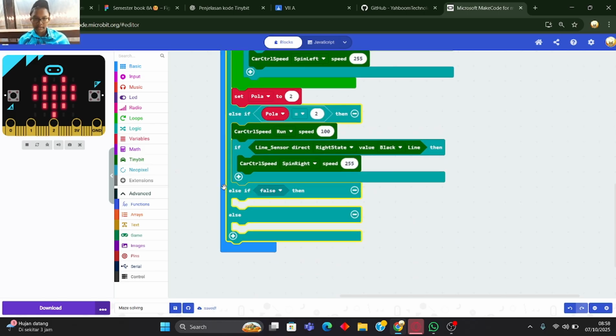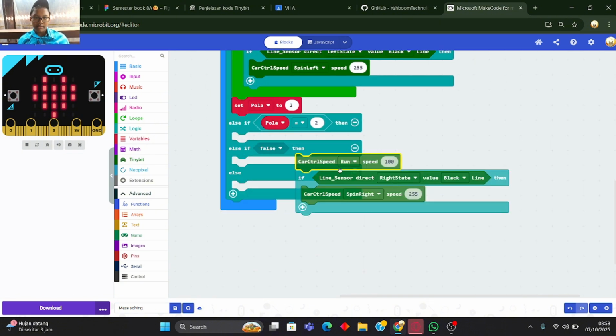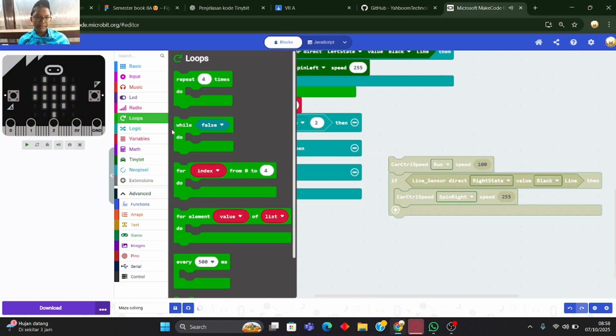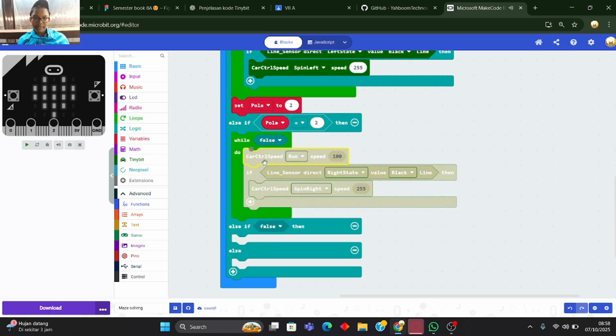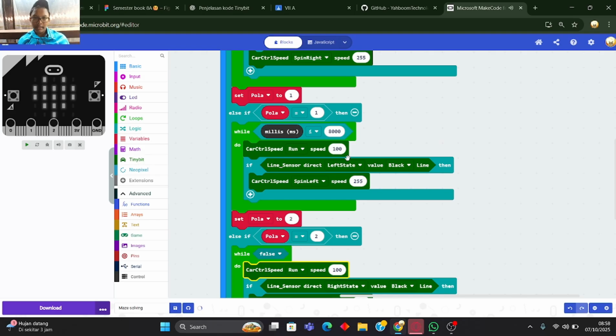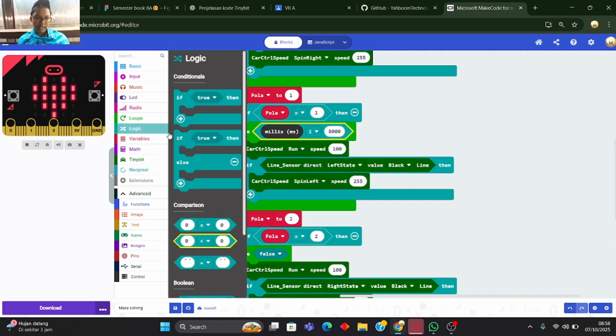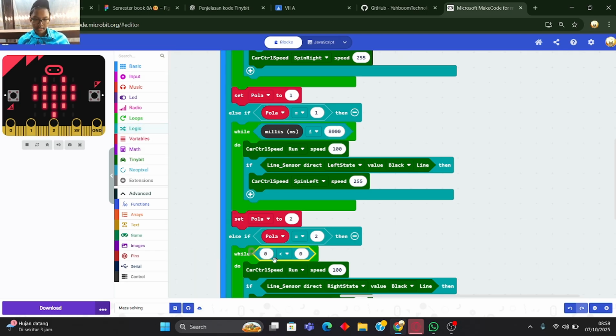And this for the, oh yeah, I forgot, sorry. Go to loops and take a while, put in here. Okay, and take logic operation, and change to smaller than.